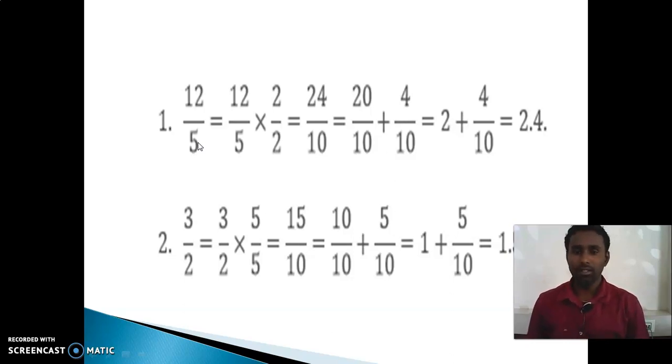Can you understand? So if it is possible, you can multiply by 2 and convert to 10 as your denominator. Once you convert to 10 as your denominator, lastly only 1 0, right? That is 1 0, so here 24, from the last end, you have to make 1 point. 1 digit after, you have to make 1 point.